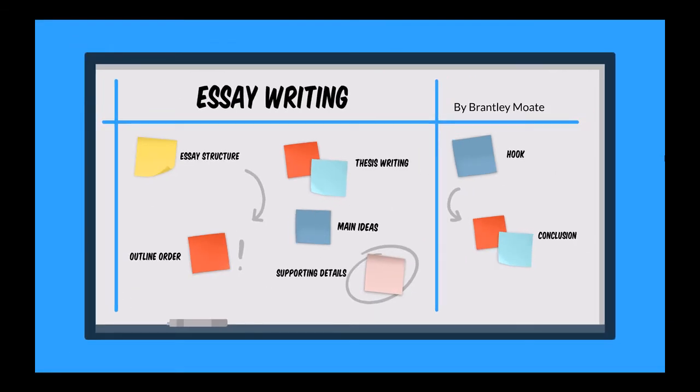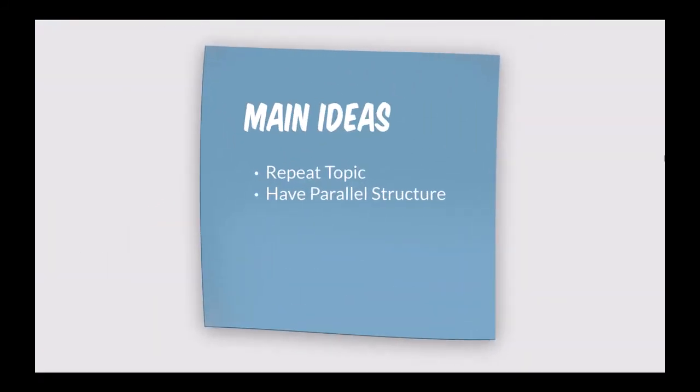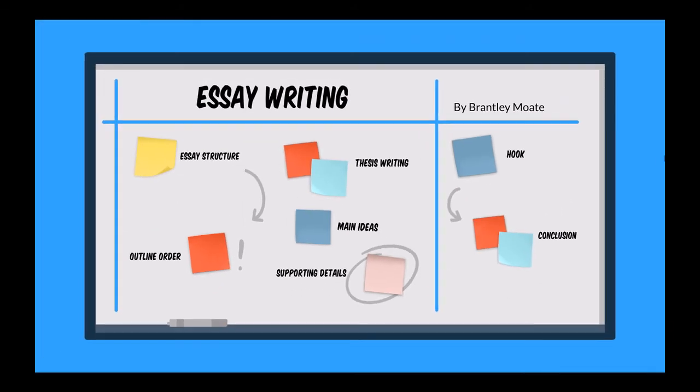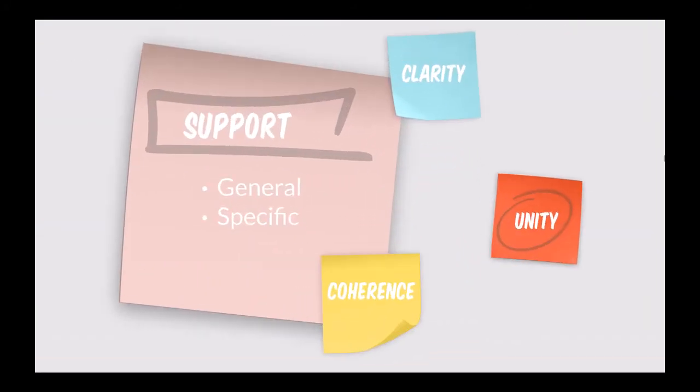Alright, after we write our thesis, it will guide us through the rest of the paper. When we have our thesis, the next thing we want to do is to write our main ideas. Our main ideas should repeat the important words from the topic, and our main ideas should have parallel structure. Next, on our outline, we can list our supporting details. We can list general support and specific support. After we finish our outline, we can write more specifically, and when we write, we want to make sure that